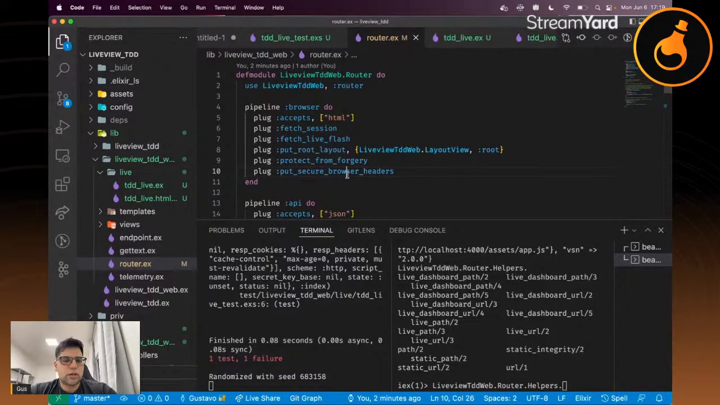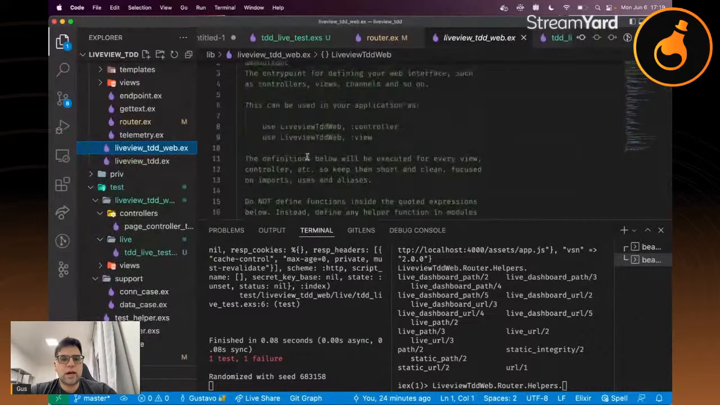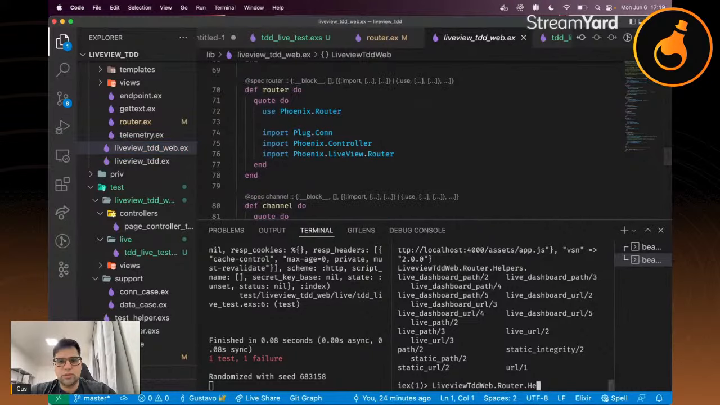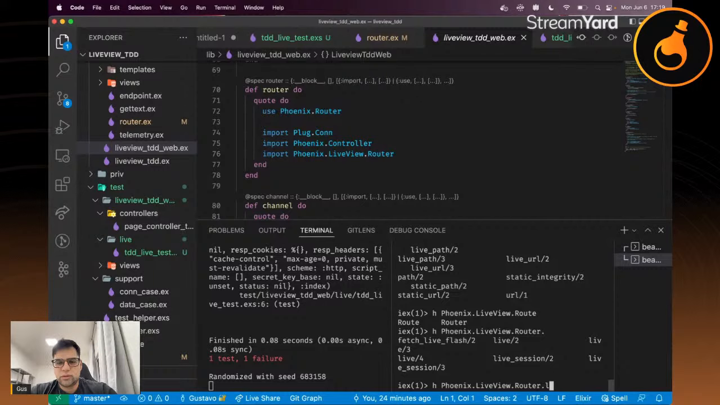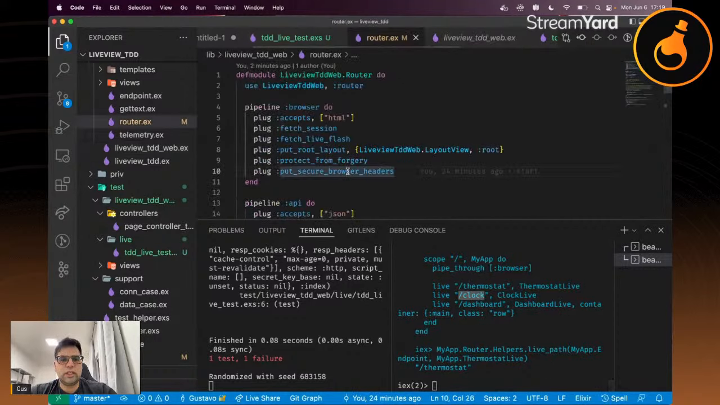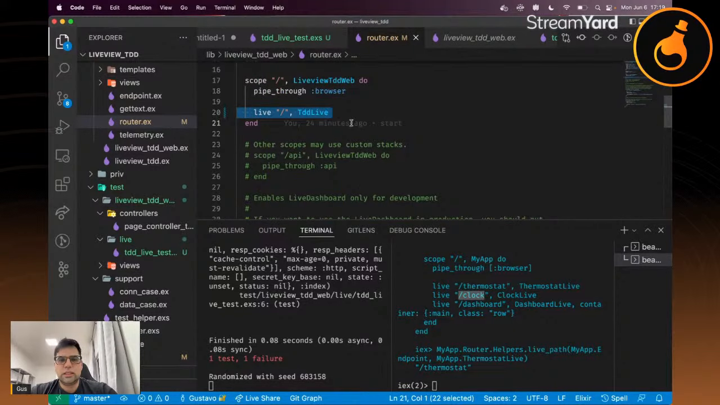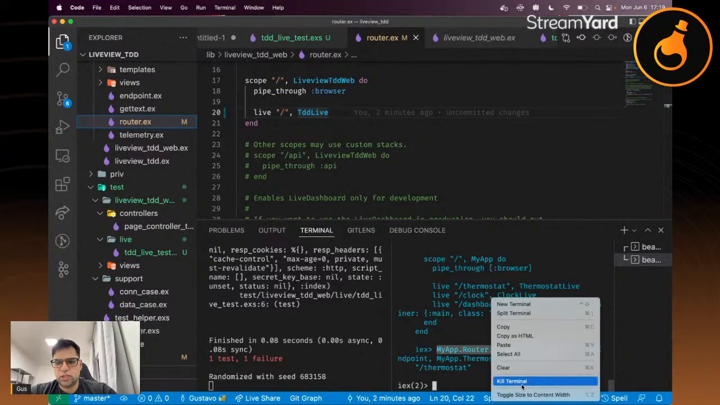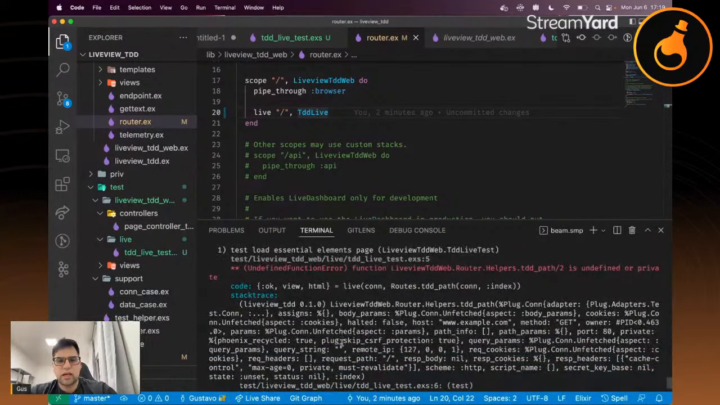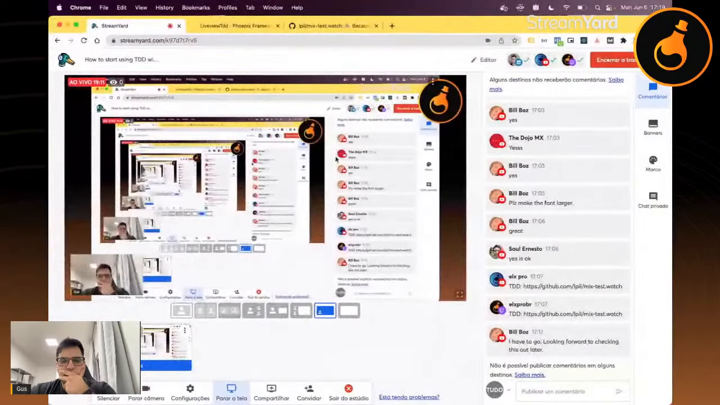We have our router. So I think, yes, we can use Phoenix Live View Router Live. So this is more than enough for what we need. Yes, it's correct. Let me check. What is our problem here? It's because we don't have the TDD path. But